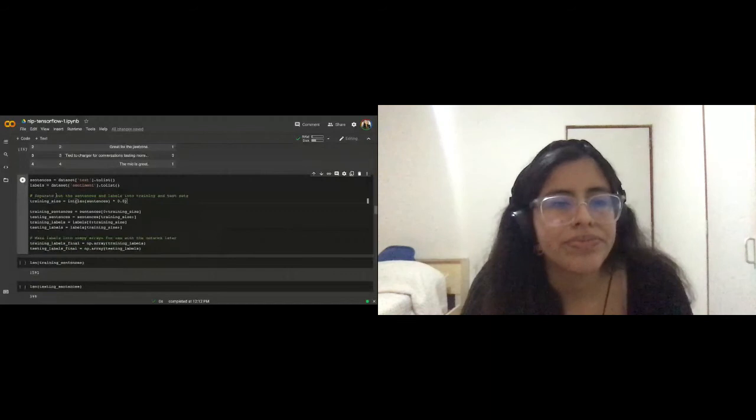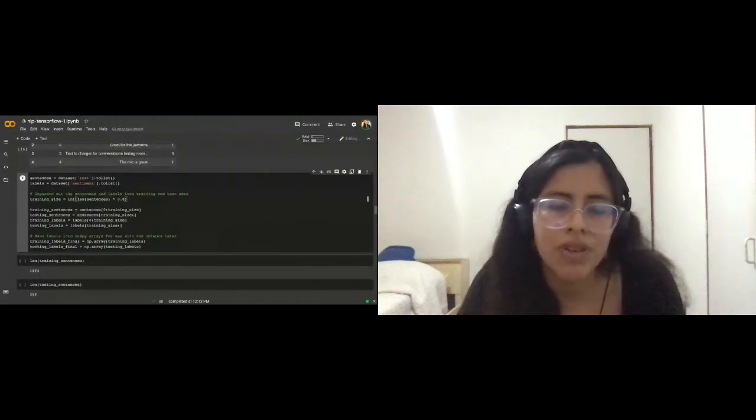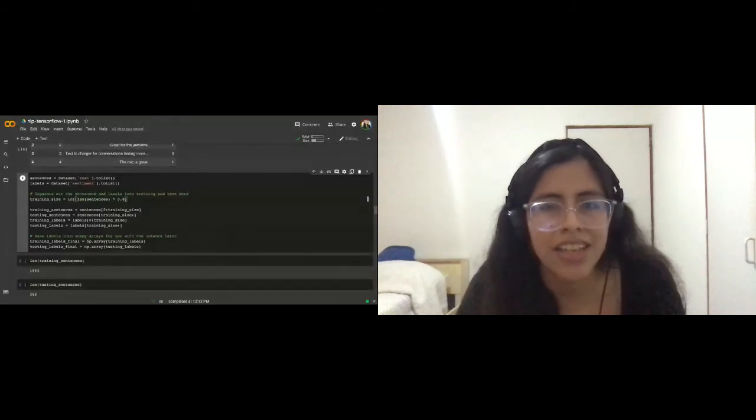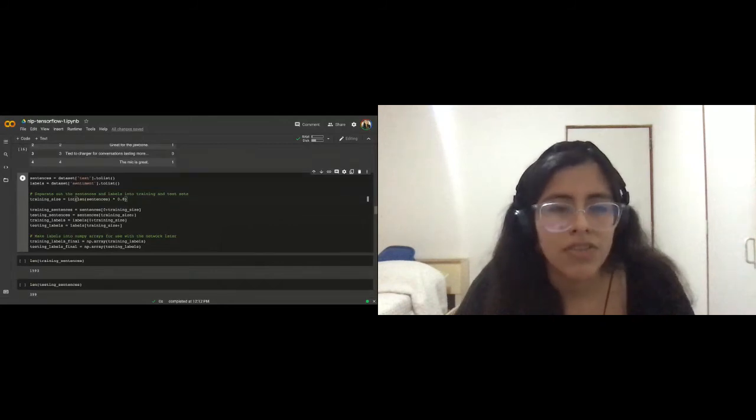Then that part is to separate your corpus into train and test data. If you remember other basic machine learning projects, you always need to separate training data from test data.